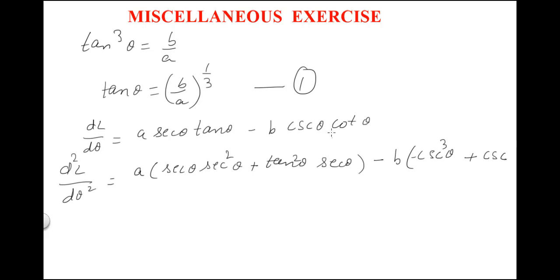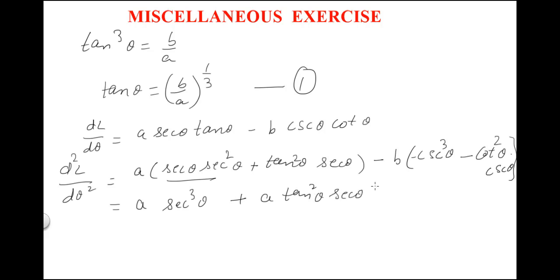Differentiation of cot theta is minus cosec theta into cot theta, so it will become minus cot square theta into cosec theta. Just now see, multiply the constant inside, a secant cube theta, plus a tan square theta secant theta, minus minus plus b cosecant cube theta plus b cot